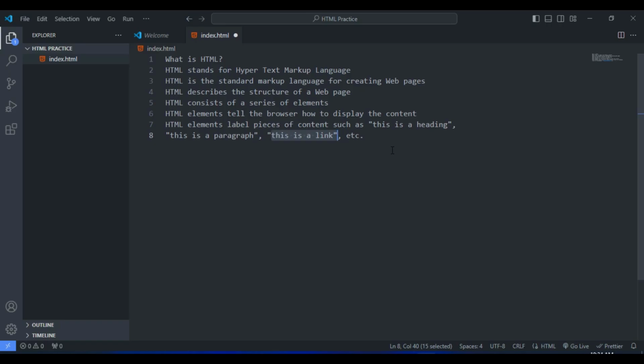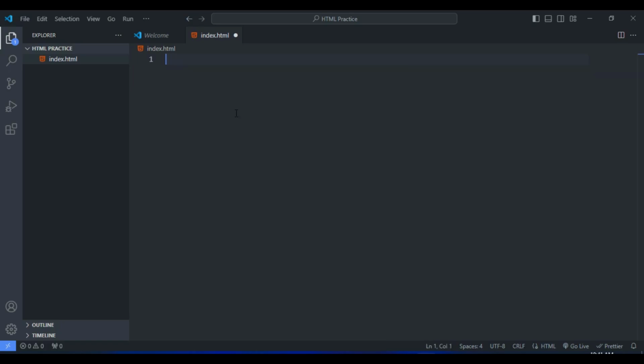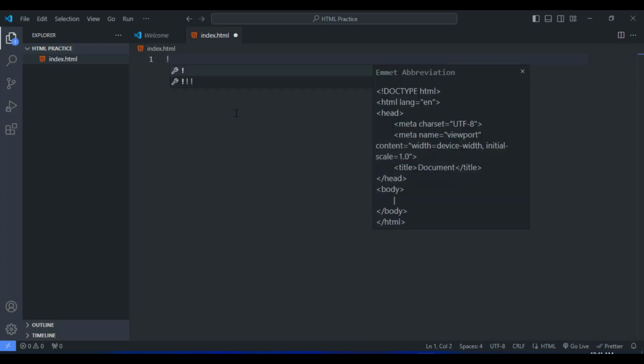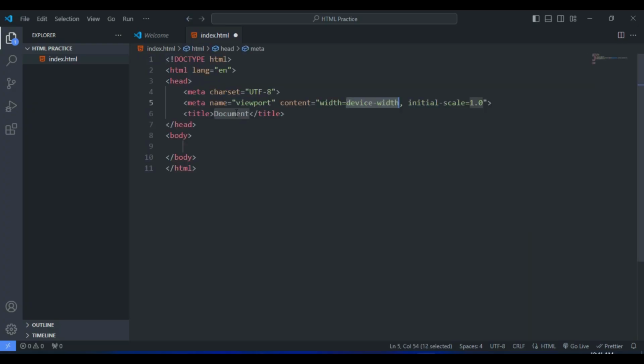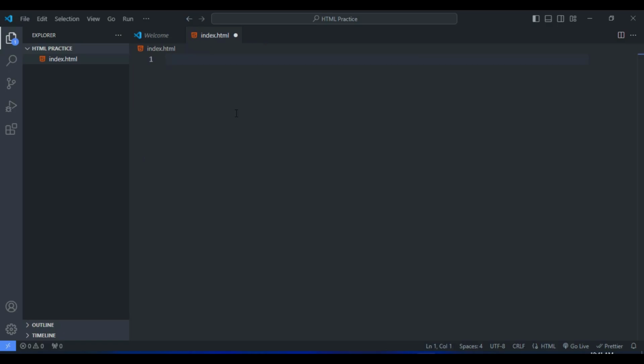So enough with talking, let's actually go ahead and start exemplifying our HTML document. Let me go ahead and get rid of this intro text. Alright, now we're going to start by creating our HTML boilerplate structure. We can create it in a number of ways. We can either create it by pressing exclamation mark like so and then hitting enter. As you can see, we have our HTML structure, or we can go ahead and create it using